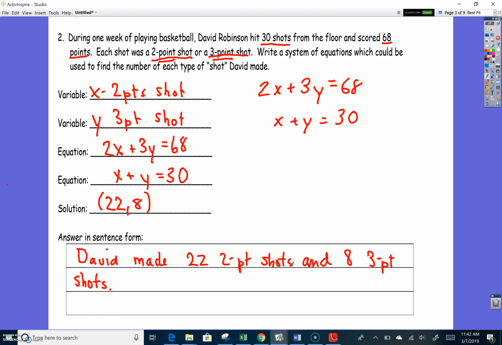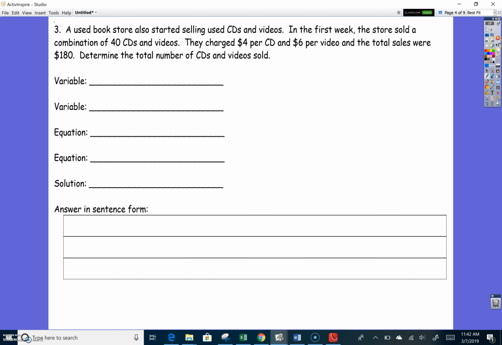Okay, next problem. One more example. A used bookstore also started selling used CDs and videos. In the first week, the store sold a combination of 40 CDs and videos. They charged $4 per CD and $6 per video, and the total sales were $180. Determine the total number of CDs and videos sold, okay? So my variables are